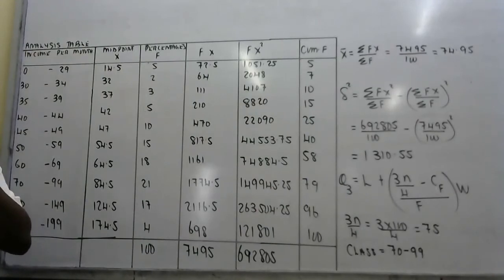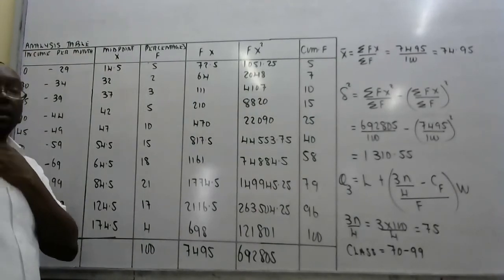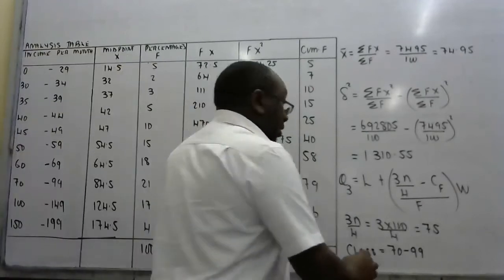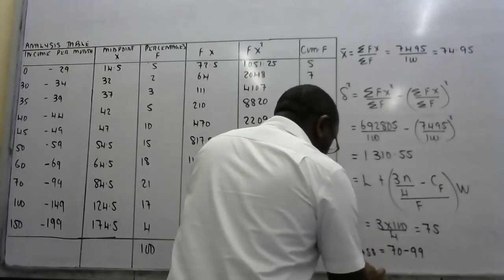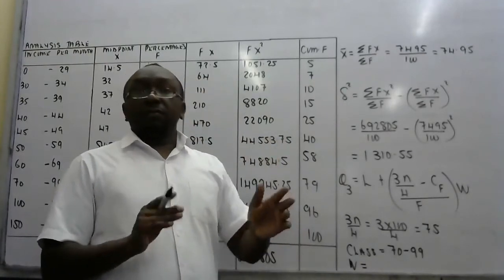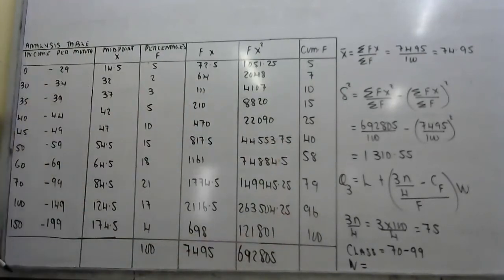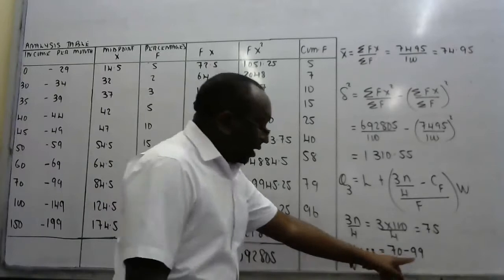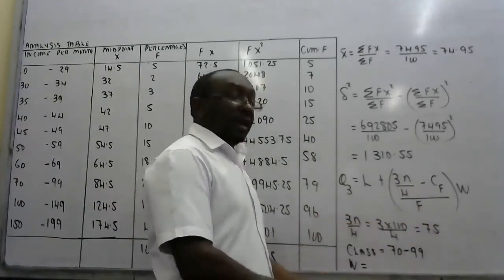To 99. I told you there are 2 ways of getting the width. If the widths are the same all through, like you can see here, naona hapa ni 5, 5, 5. Lakini tukifika hapa zinaanza kubadilika. So if they are not the same, what you do, this one, the upper one, you just add 0.5